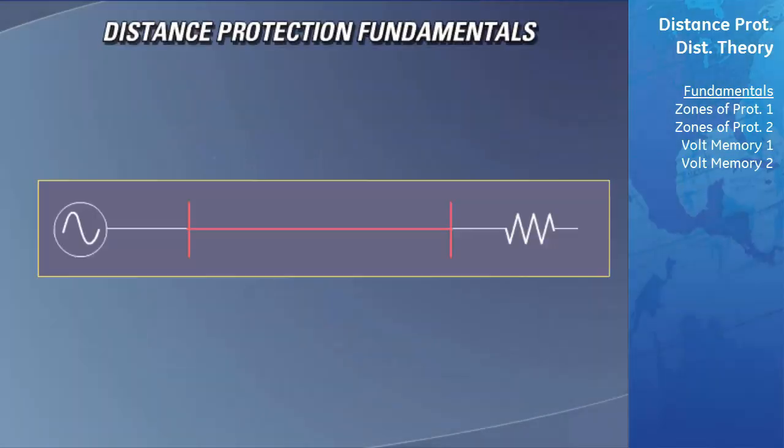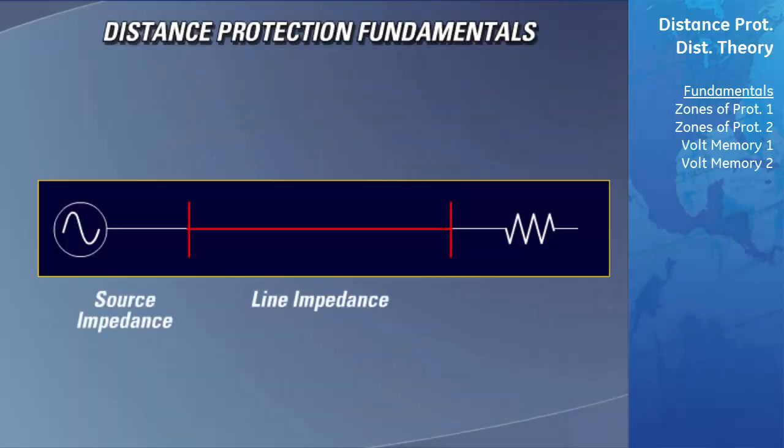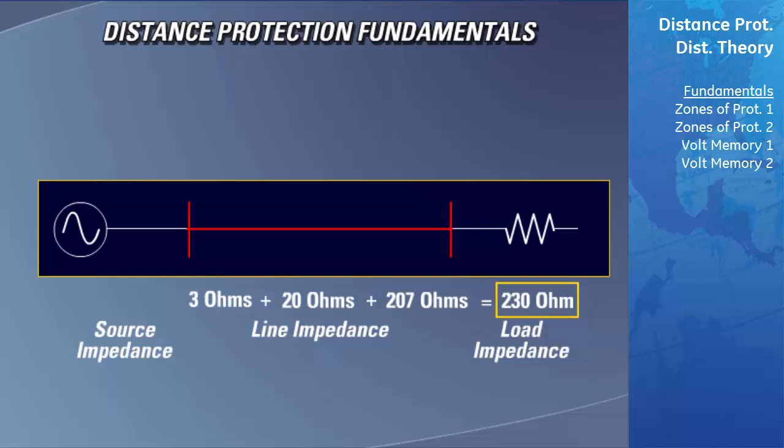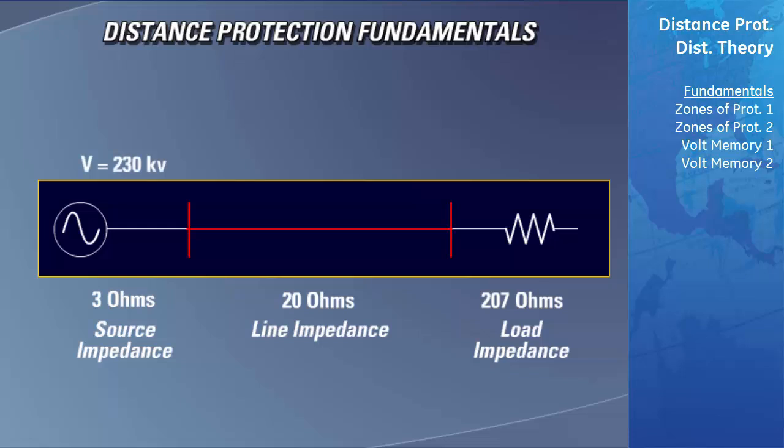Each component in a power system has impedance, whether it is a source, a transmission line, or a load. This total system impedance limits the magnitude of current that will flow through the power system. In the power system seen here, we have a total system impedance of 230 ohms. If the source were generating power at 230 kilovolts phase to neutral, 1,000 amps of current would be supplied to